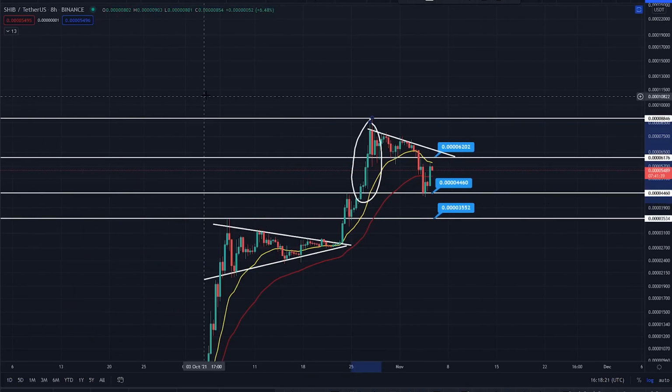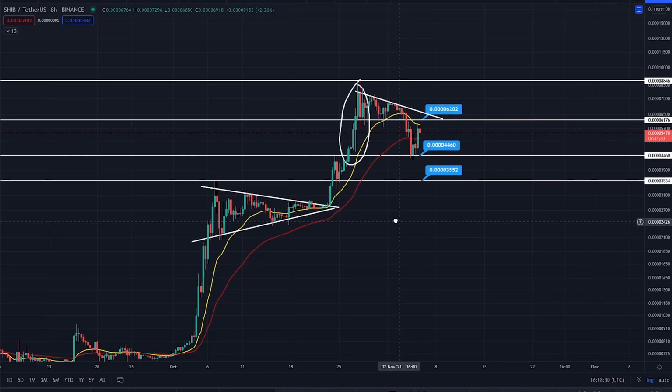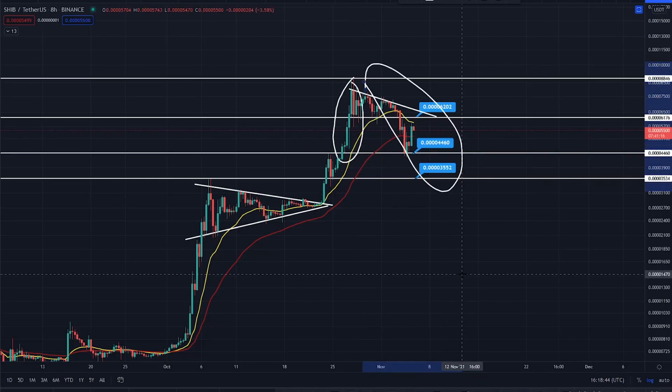A lot of people get burnt. They buy these candles up here, they buy the tops, and then they sell down here. They buy high, they sell low. Don't be that kind of person. Don't be the person that falls into the FOMO. If you believe in the projects, like I've shown you so many times, buy the support of that project when it's breaking out. Don't buy into the FOMO. Don't buy big green candles, because you get shafted, you get big red ones basically.